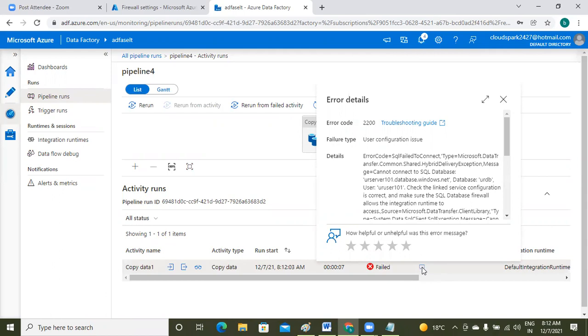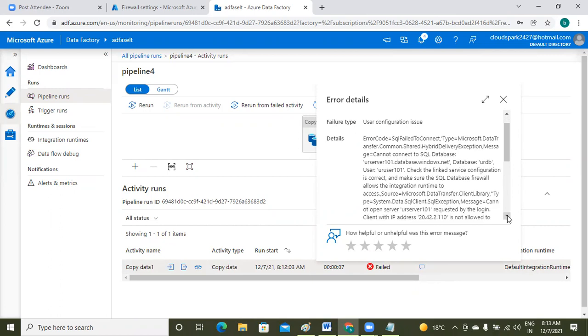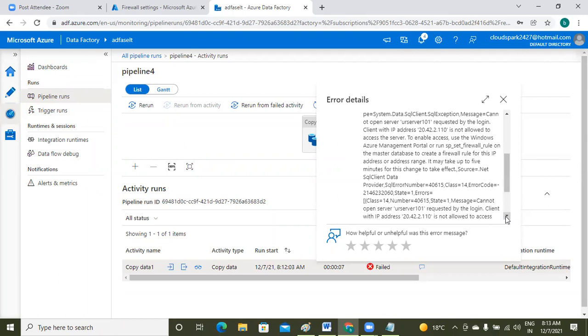Cannot connect to SQL database, your server 101 database windows.net, your DB. Again, a different client IP was produced for the ADF pipeline run.